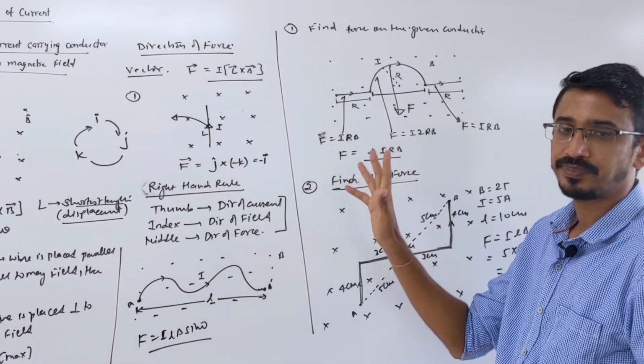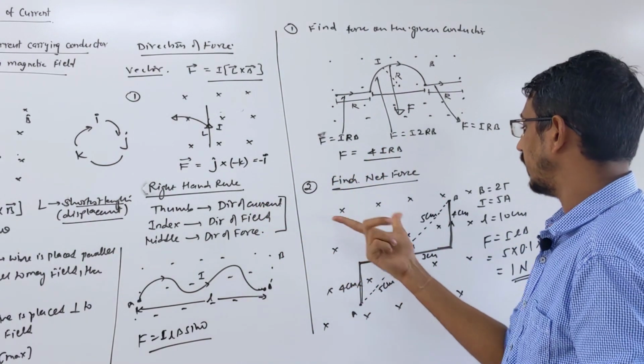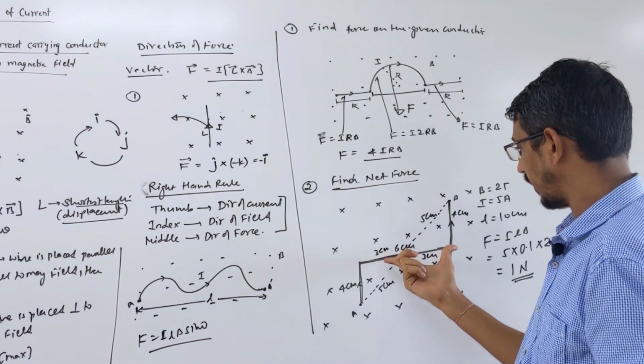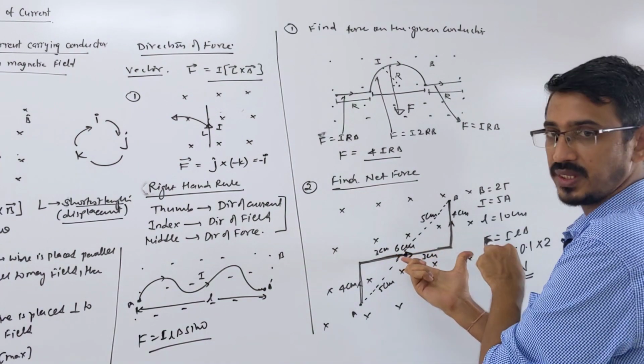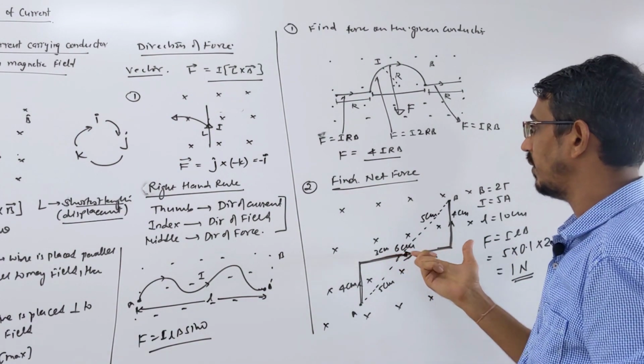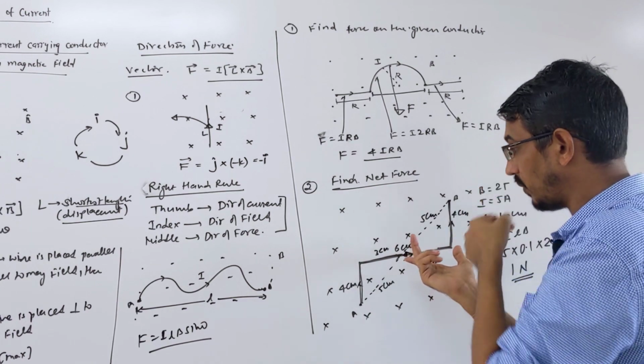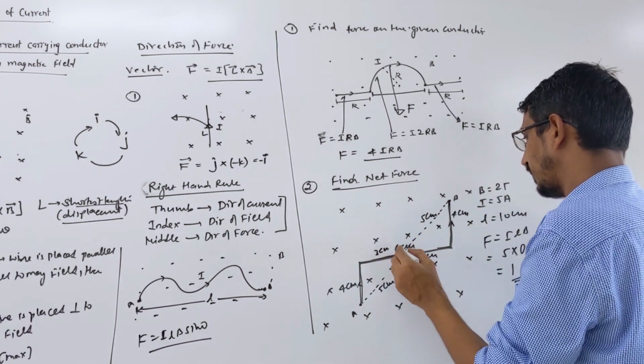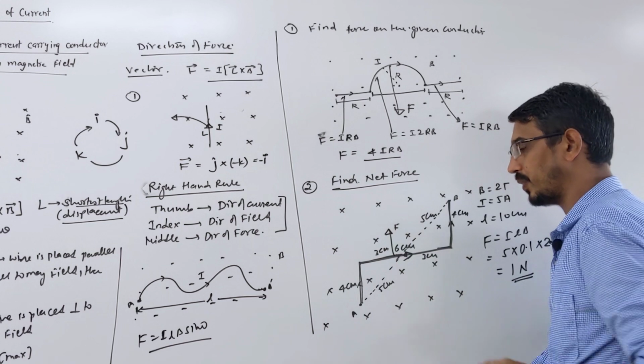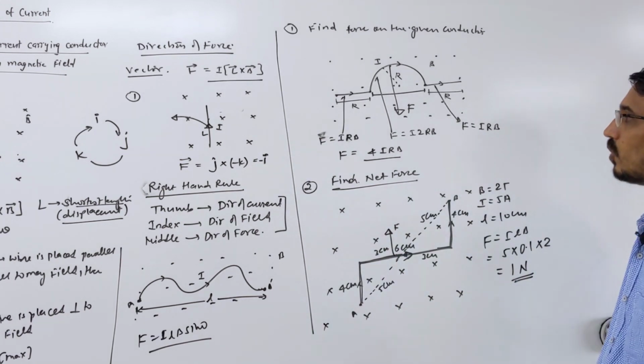This is your right hand. Look here, directions at any point, this point you're talking about. Your thumb is towards this direction, right? Showing current. Field is inward, so force on this part is what? Upward. Correct? Like that. Okay? Yes. Okay.